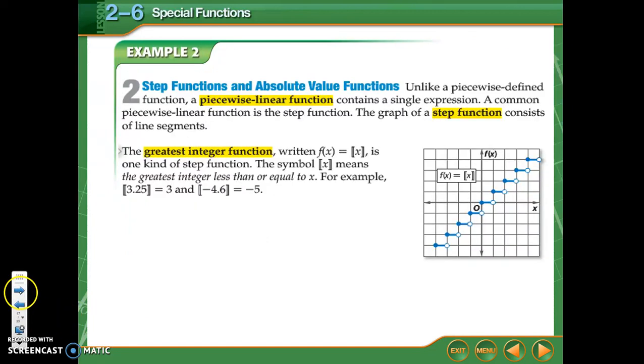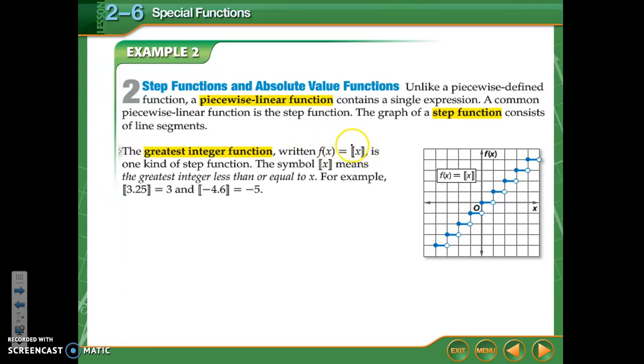All right, this next one is called a step function. Step functions look like steps. If you look at this graph here, I have a bunch of little line segments that are not connected, but they look like steps. This book calls them a piecewise linear function instead of a piecewise defined function. Basically what they mean by that is that our equation only has one expression, but it still graphs as different pieces. One way to do that is with something called the greatest integer function, which we write like this,